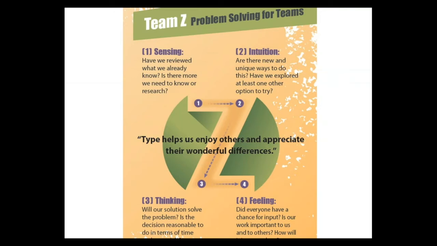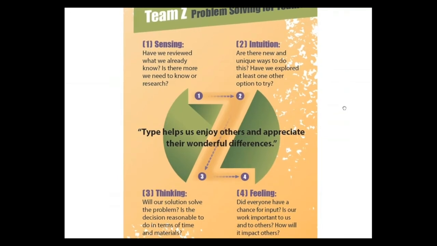And remember, sensors are about 70% of the overall typing in adults. So we would likely find some sensing, some intuitive, some thinking, and some feeling, because they haven't been sorted through their career into more discrete choices. So then the team might say, is there anybody who would like to take the lead on that? Maybe nobody raises their hand, or maybe they look at all their options first,